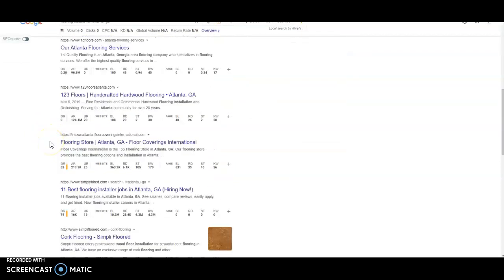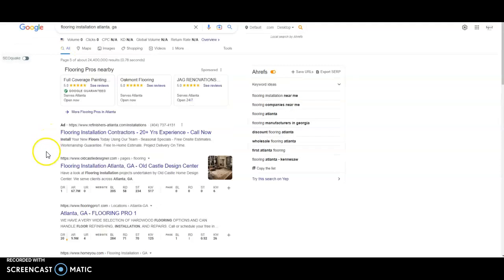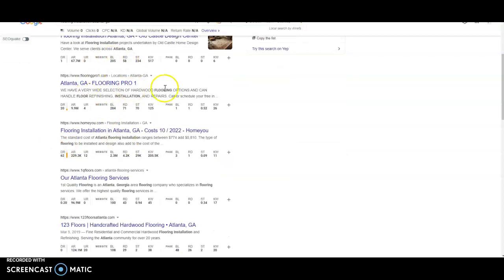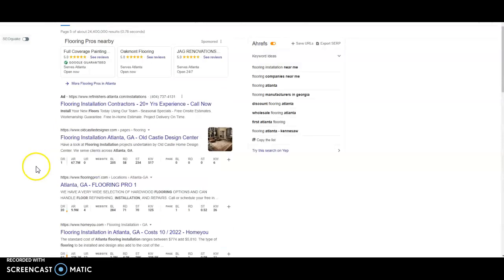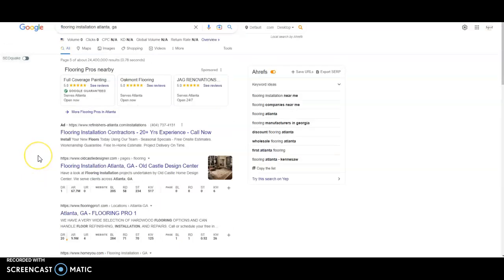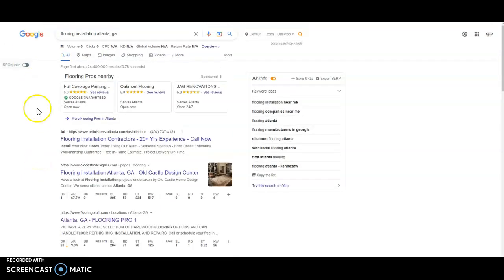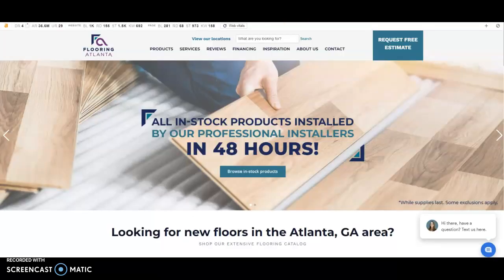Not shown is the Google Map Pack, and this is where you have some businesses listed and the Google Map picture of the area on the right. And 30% of consumers will choose one of the businesses there. Now, 60 to 70% of consumers will choose a business or service on the front page here on the organic search results.